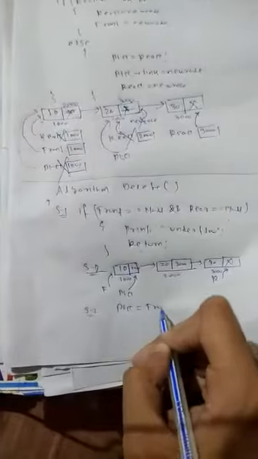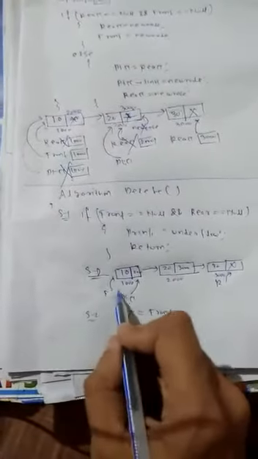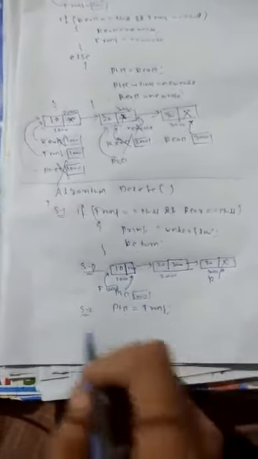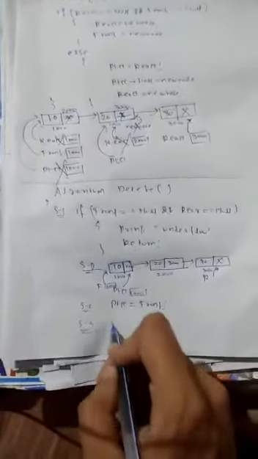So in step 2, I am assigning ptr equal to front. Front stores the address; suppose front stores 1000, then ptr will also store 1000. That means ptr points to this memory. In the next step, I am storing the value that will be deleted in norm, because at last I am returning this norm. This data is accessed using the ptr: norm equal to ptr data. At last you have to return this.